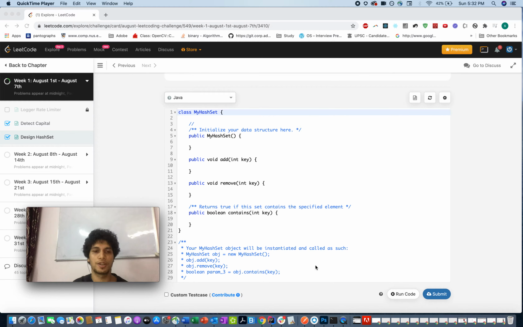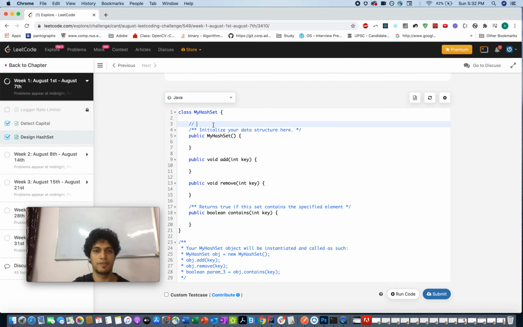Another solution which is not that data expensive, wherein you would define your hash set as a 2D matrix, and using the key you generate a hash of the key, which is nothing but the index in your 2D matrix, the first index in the 2D matrix, which is the row identity, where you'll be storing the keys. So I'll walk you through the example, my thought process, and then we can code it out.